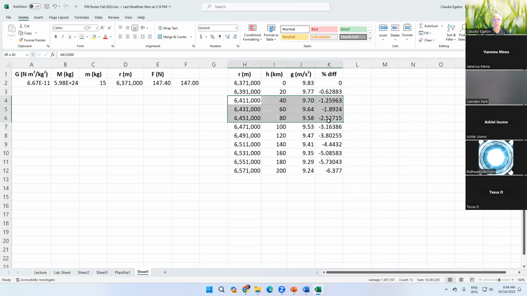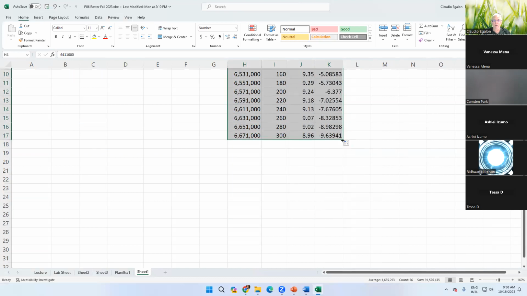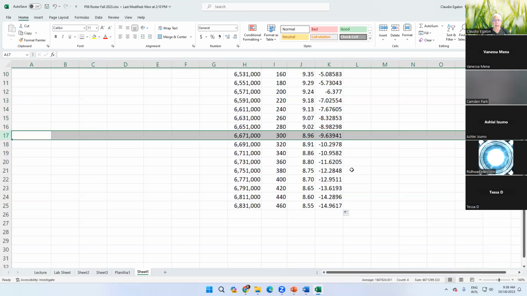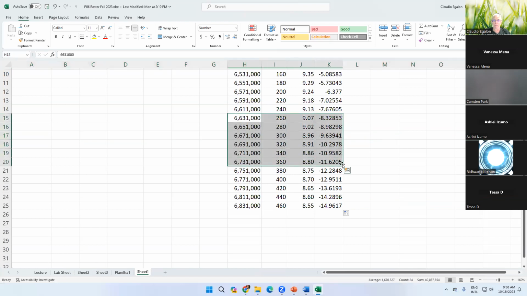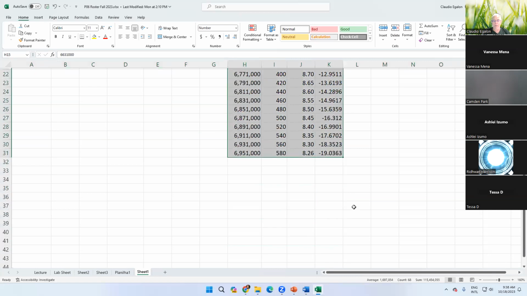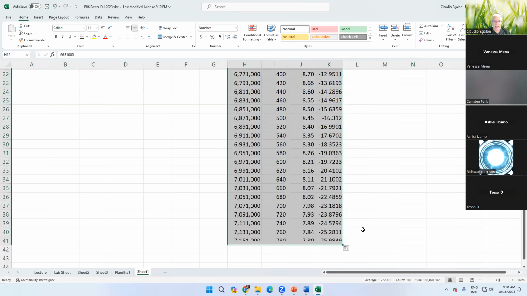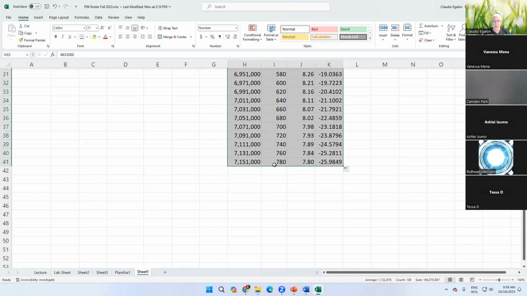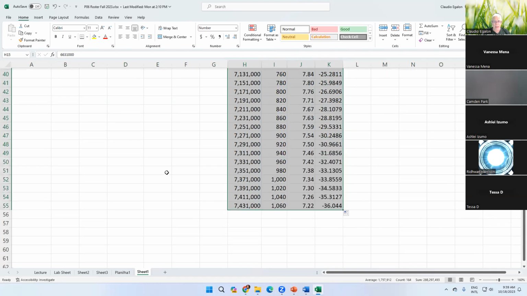Okay, let's continue here. As we climb higher and higher above the Earth's surface, the acceleration of gravity keeps on changing, keeps on decreasing. Here at 300 kilometers high, the acceleration of gravity decreased from 9.8 to 8.9, almost 10% difference, okay? And so on. At the point where we have the moon, well, we won't be able to get there because it's going to take too long. 780 kilometers, right? At 1,000 kilometers high,